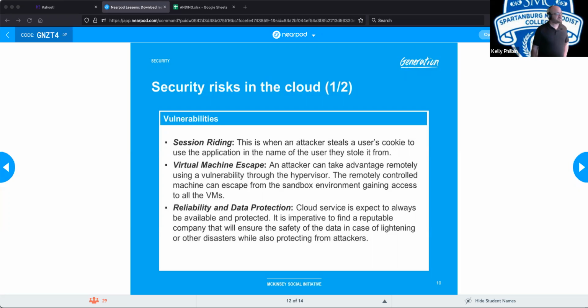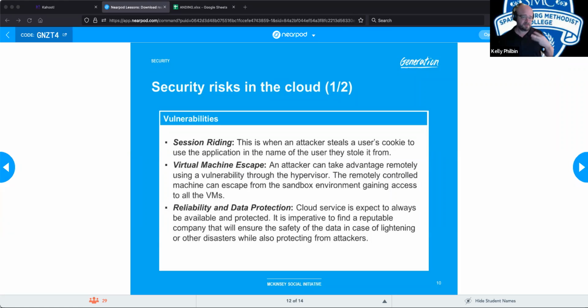So, some security risks in the cloud that we have to worry about. First one is session riding. It's essentially when a hacker has picked up the cookie that was given to you by the server, and now uses that tracking piece of code as a key to mimic who you are to gain access to the system.